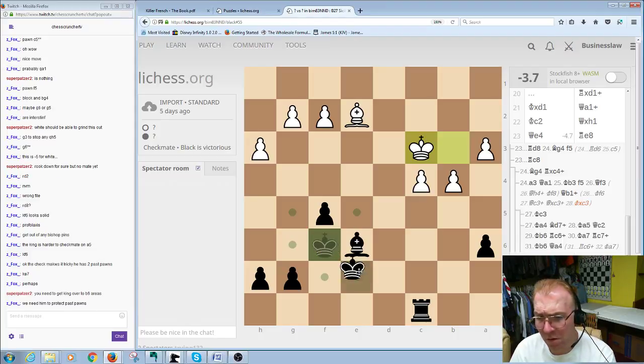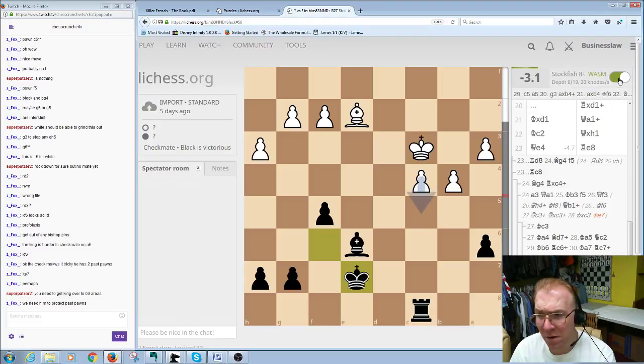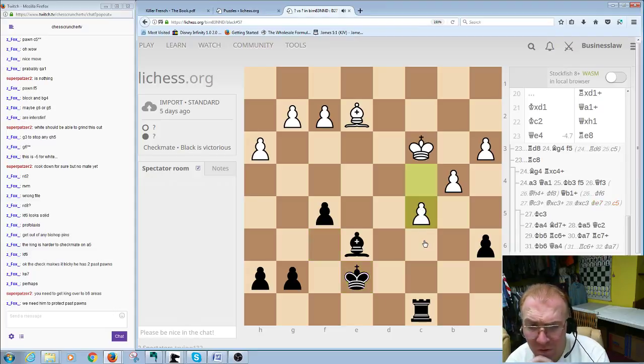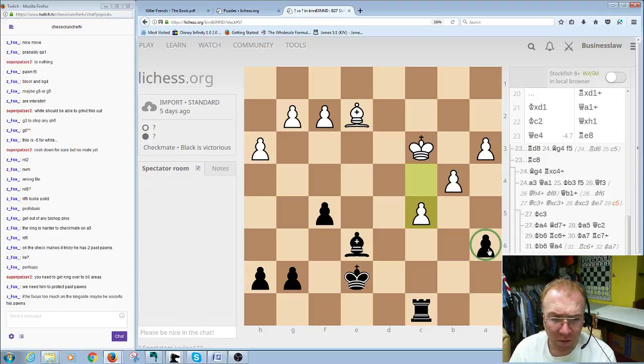So king e7. What's white going to play? Okay, he's going to push the pawn. So are we going to go d7 then? King d7. Actually, we can't go king d7. My fault here. This pawn's...